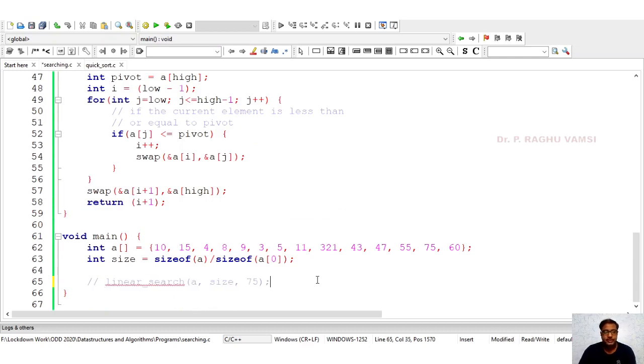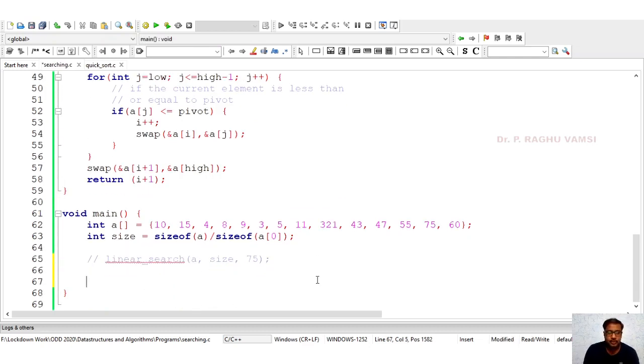Then what we'll do here is quick sort of a comma 0 comma high value, which is 5: number of elements minus 1 will be considered, because that is the high index value.